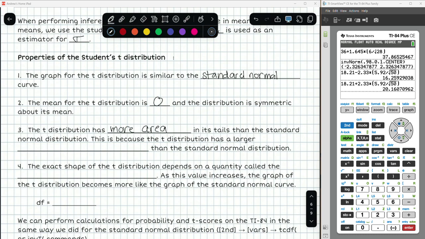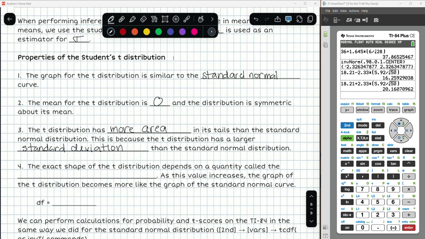This is because the t distribution has a larger standard deviation than the standard normal distribution. The standard normal distribution has a mean of 0, a standard deviation of 1. The student t distribution generally has a standard deviation that is larger than 1,